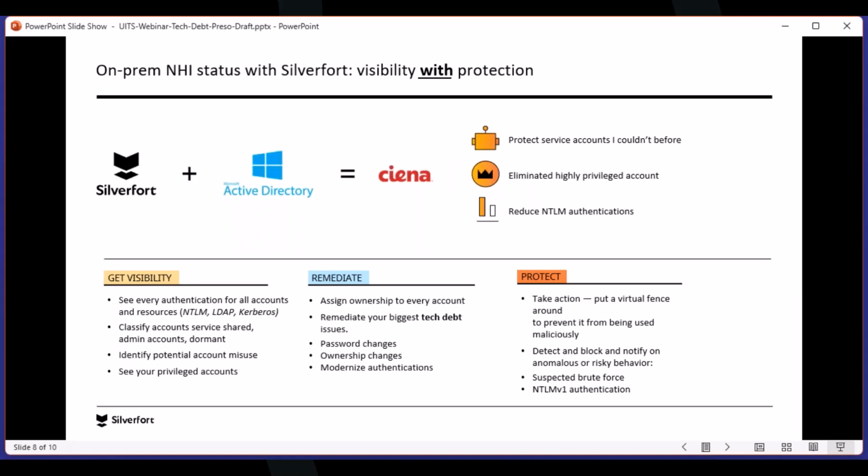And Silverfort gives you a lot of really valuable information here, right? So let's take the example of a service account where we can't find an owner and no one wants to do anything with it because it is potentially going to break the business. The visibility that you would get within Silverfort to be able to provide back to someone is a lot of forensic data. What I mean by that is if you take your service account and look through every AD authentication, which Silverfort allows you to do, you can see where it's authenticating to and from. And do those things happen on a normal basis or are they ad hoc, right?